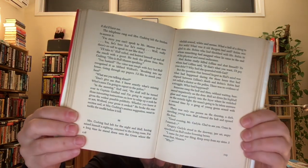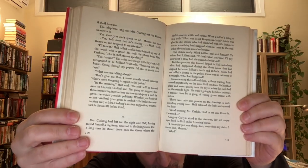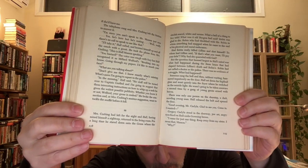And it's a pleasant design. You can see here, nice spacing on the page, right? Nice clear font, nice margins, nice spacing between the lines, easy to read. So I think that part of the Dodd Mead editors' zeitgeist or goal was to keep these books feeling easy to read and the pages turning rapidly, and that does happen here. So all told, Rae Foley and the Shelton Conspiracy, the whole maze thing on the cover, I don't know,